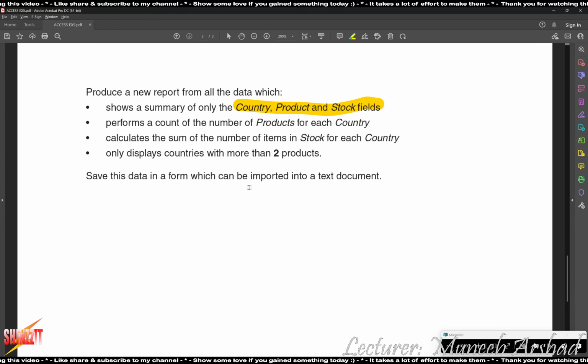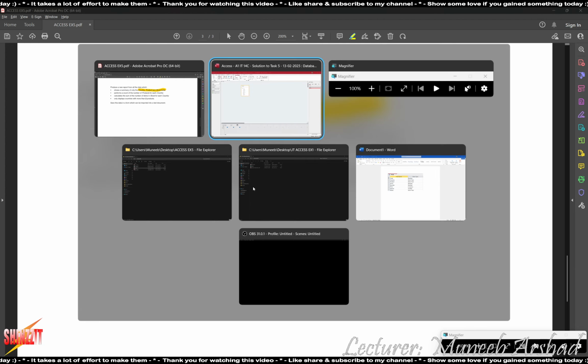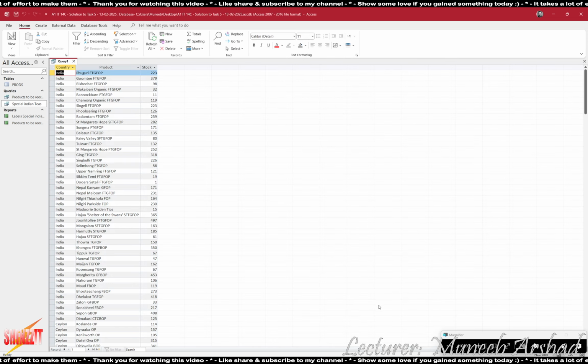Two, calculate the sum of the number of items in stock for each country. How many items that country is keeping in stock of all the products is to be added. Do you get the requirement? First, we are to count the number of products each country is making. Second, we are to add the number of items in stock for each country. Example, if we click on run,